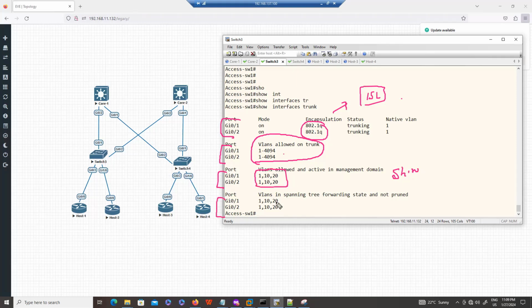And on these 2 ports, the spanning tree forwarding state is very important when we cover spanning tree, because maybe in CCNA you studied that some ports are blocked by spanning tree. But on those 2 ports, we are forwarding the traffic for those VLANs.